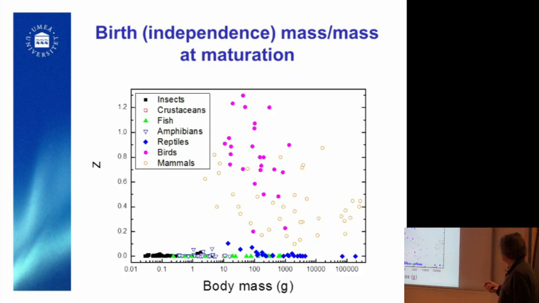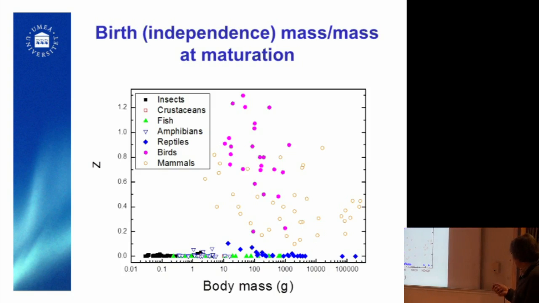And here we used, for birth mass, not the mass when they are born, because they are born very small, but the mass when they become independent of their parents, when they have to search for their food independently. And that explains why some birds have a higher birth mass than mass at maturation, because it's just before they are fledgling, so they lose some energy. But anyway, this sets up that it seems like amphibians, birds and mammals differ from all other